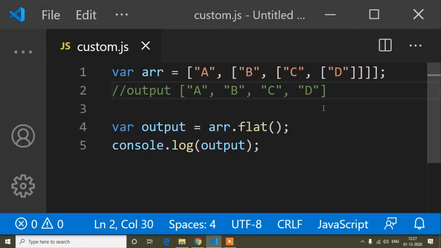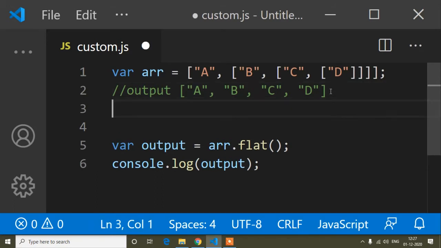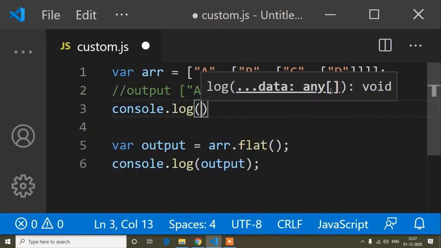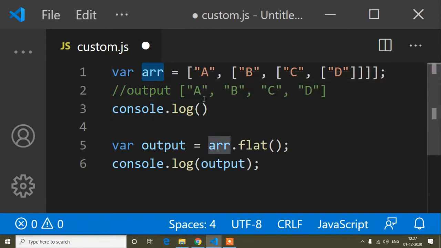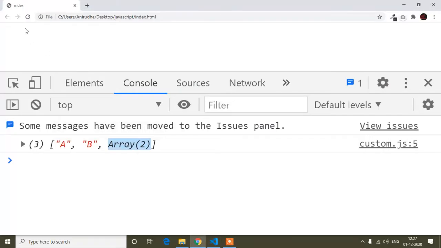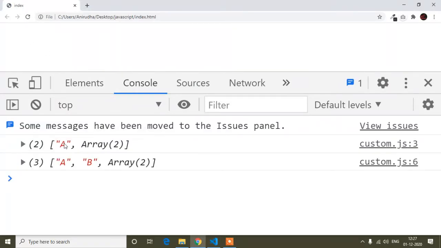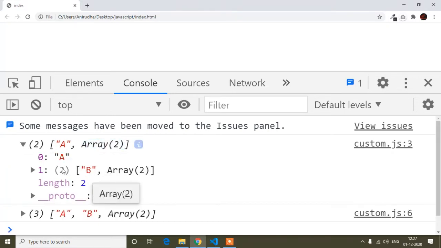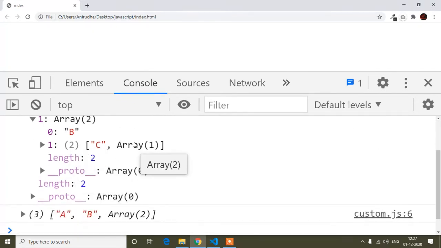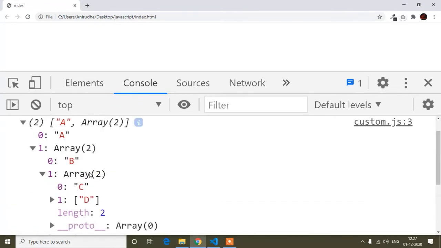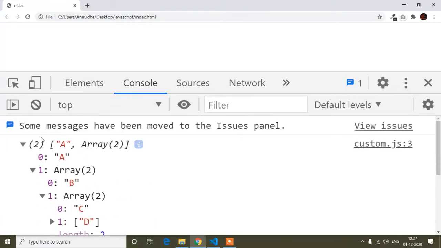But why? First of all I will print the original value. So console.log, and the original value means this array. If I refresh, here you can see first the a, after that two sub arrays, then if I open, b, then again two sub arrays, then again one sub array, if I open, all the arrays come.